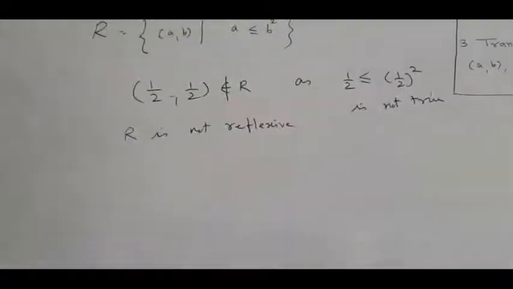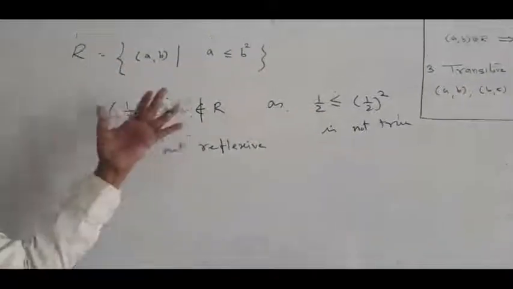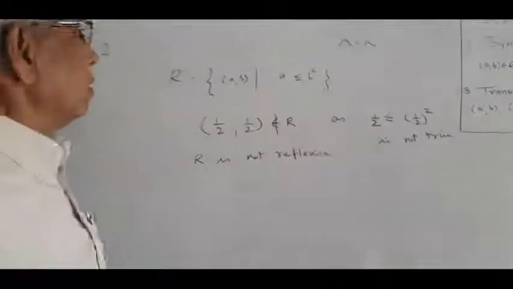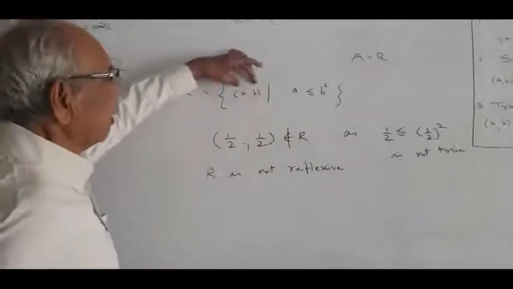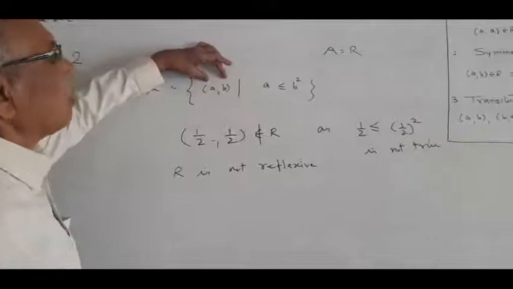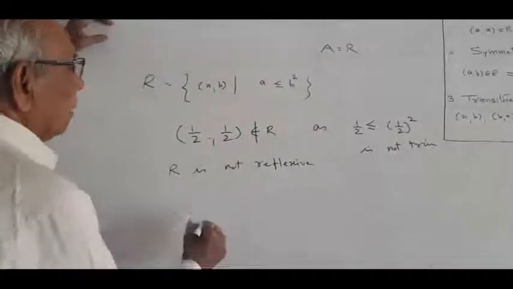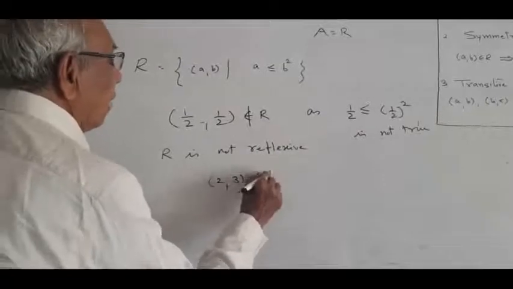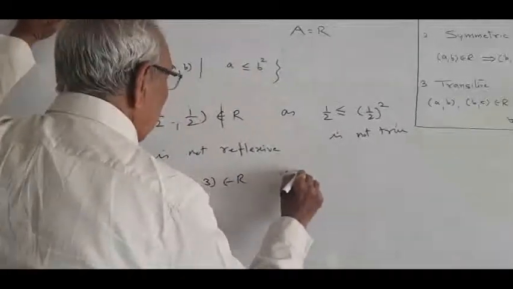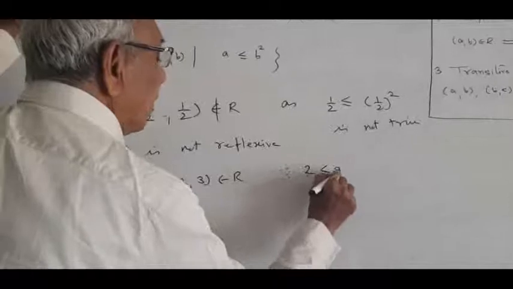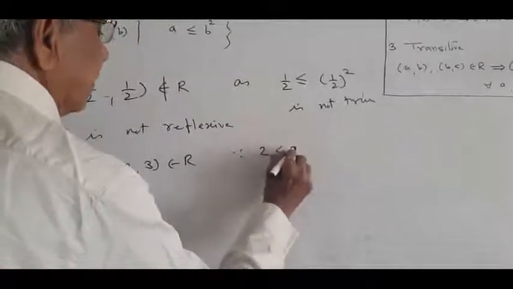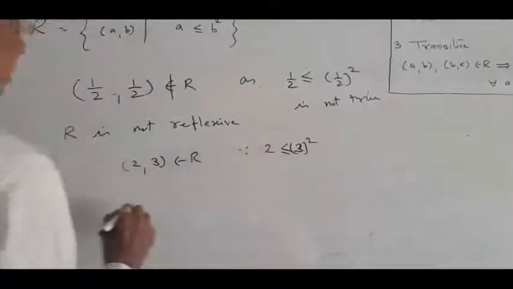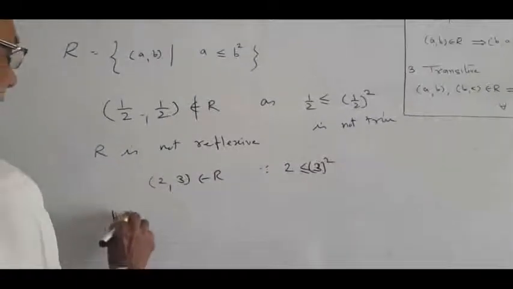Now we want to check whether this relation is symmetric or not. It is symmetric when (a, b) belongs to R, then (b, a) belongs to R. Right? Now we know that (2, 3) belongs to R because 2 is less than or equal to 9, 3 square. But (3, 2)